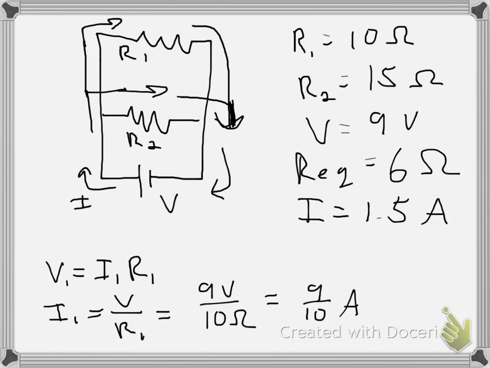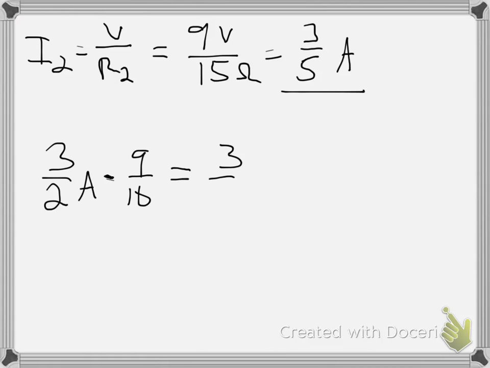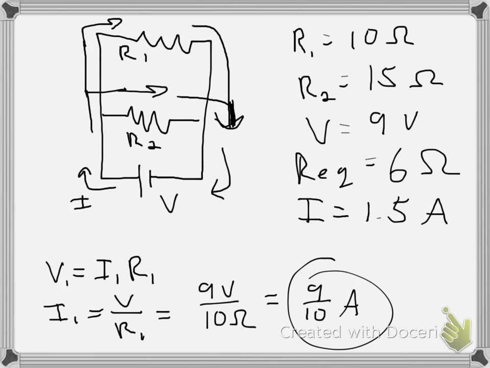But in fact, after I calculated this step here, 9/10 of an amp, all I had to do was subtract 9/10 of an amp from my original current, which was 3/2 amps minus 9/10. If you do the math, that's going to come out to be 3/5 of an amp, which is exactly what I calculated here. So in effect, I did some steps I didn't really need to. I should know that the current out has to equal the current going in. It's going to split, but then it's going to come back together later. Okay,